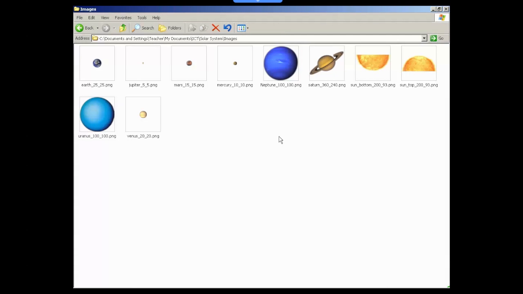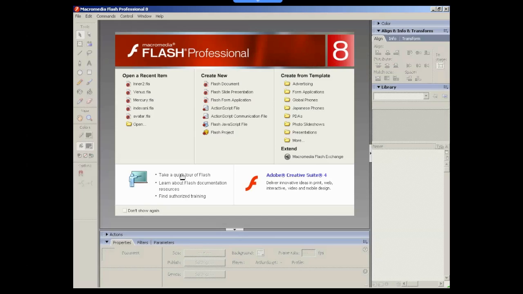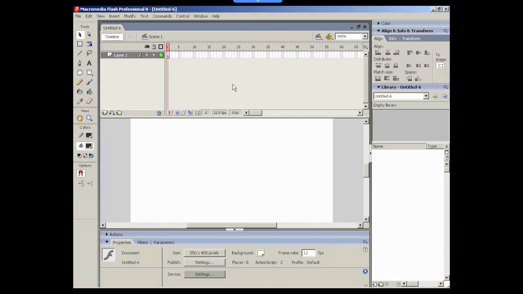So now we've got all the images stored. Let's open up Flash, and this is the first screen that you'll see when you open up Flash. So what we're going to do, we're going to create a new Flash document. So just click on that, and